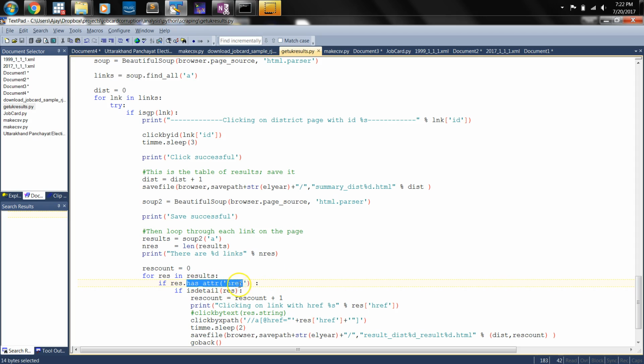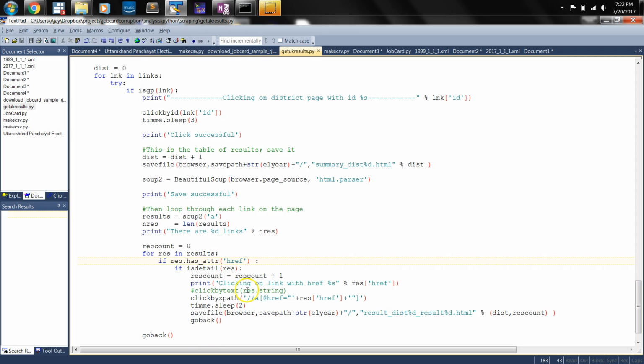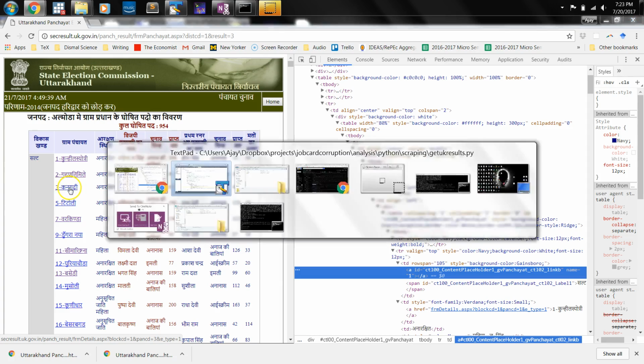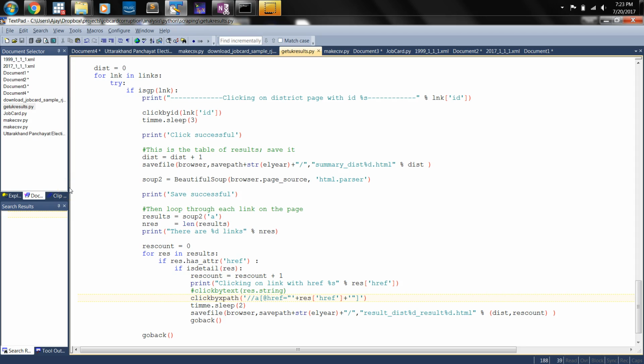So this is basically going to check and make sure that the link actually has a link. If so, then it's probably one that we want, but we'll check whether the link actually contains something that tells us it is of interest to us. And then now these links, as I said before, we can't click on them by text because they have these foreign characters in them. That makes it difficult for some reason. I don't fully understand why. So one shortcut,